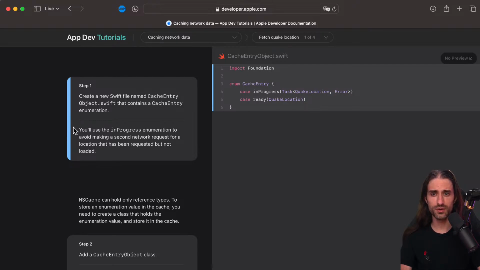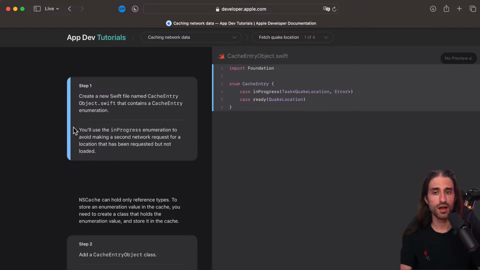So what do they say here? They say that we'll use the inProgress enumeration to avoid making a second network request for a location that has been requested but not loaded. And this is one of the nice features of a well-implemented cache that you might not think about immediately.